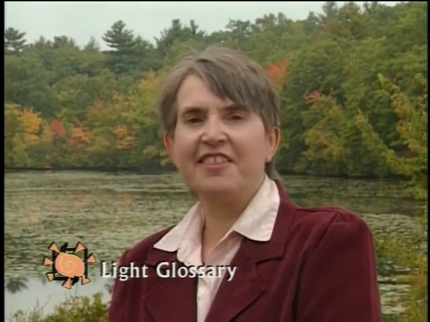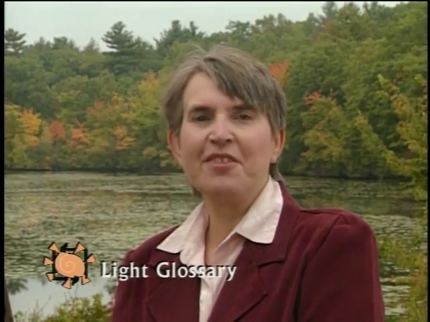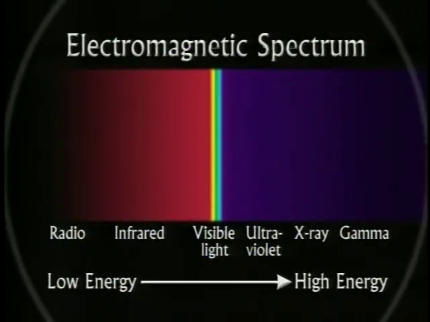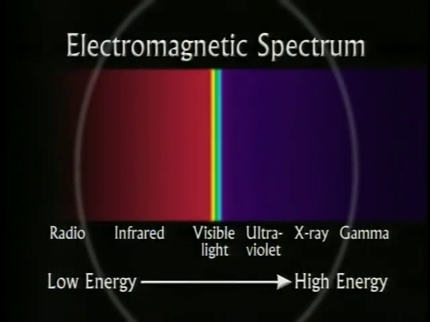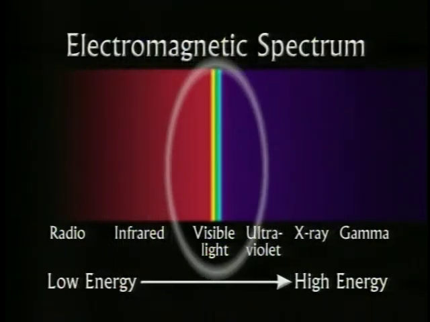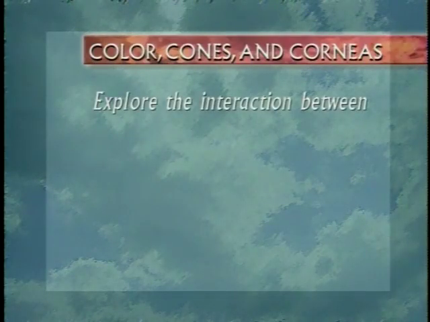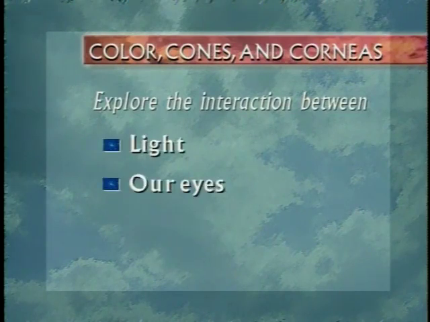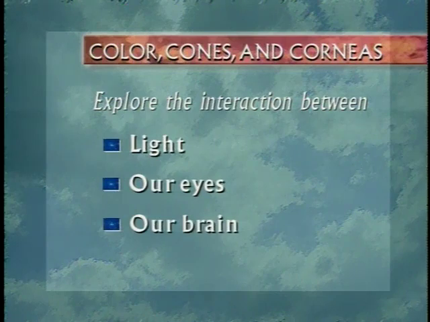Today, we'll focus on detectors that are familiar to all of us, our eyes. You may not usually refer to your eyes as detectors, but that's exactly their function, to detect the presence of visible light energy. Compared to the whole spectrum of light, the region that our eyes can detect, the visible light region, is quite small. It's the interaction between visible light, our eyes, and our brain that we'll explore today.